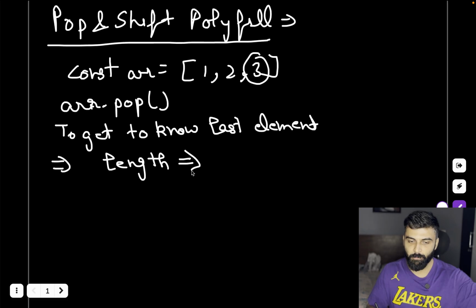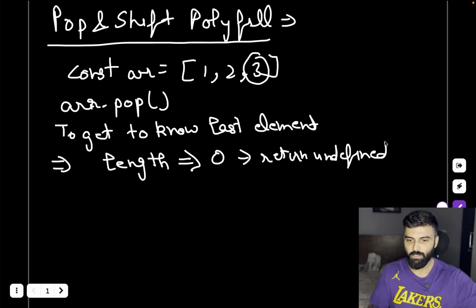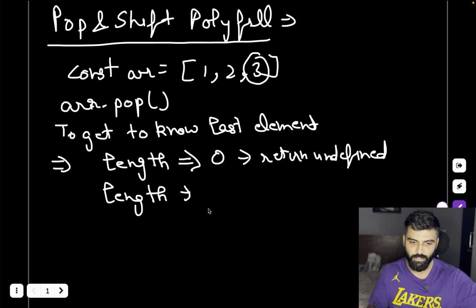If there is any length property which has value greater than 0, let's say if it has 0, then there is no element in that array, so it will return undefined. It won't do anything, it will return undefined, because what to remove on an empty array, right? But if there is any value, let's say in this case the length is 3, so it will do length minus 1, which is 2, and it will